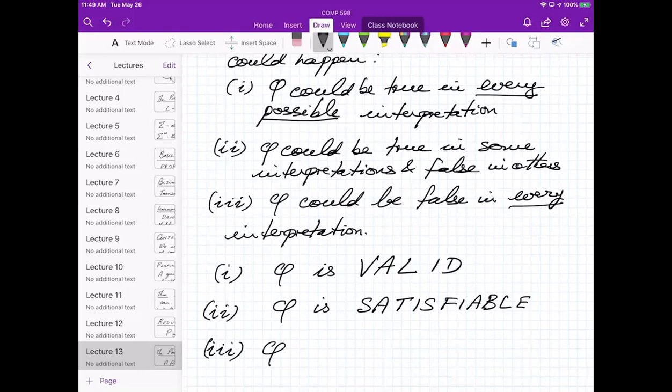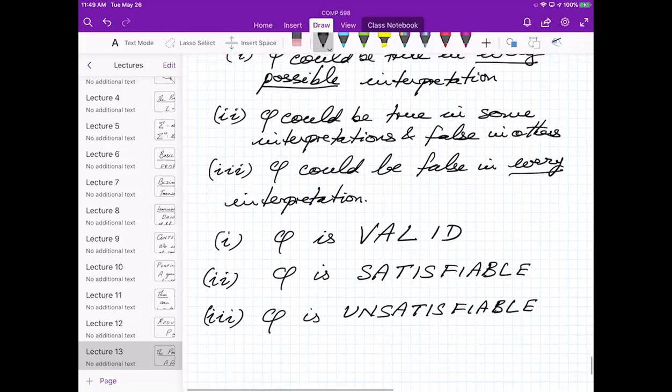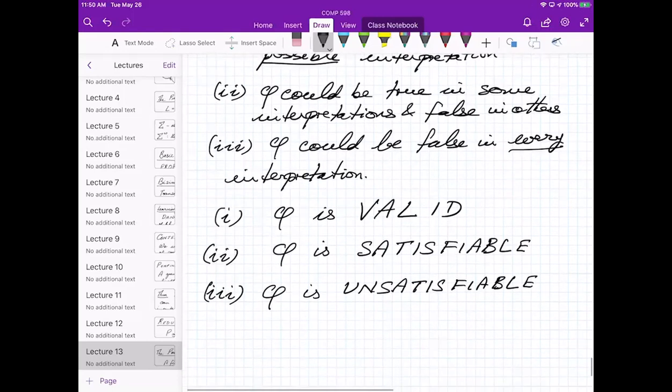In situation 3, we'll say phi is unsatisfiable. The opposite of valid is not the same thing as unsatisfiable. The opposite of valid means could be unsatisfiable, could be satisfiable. Okay.